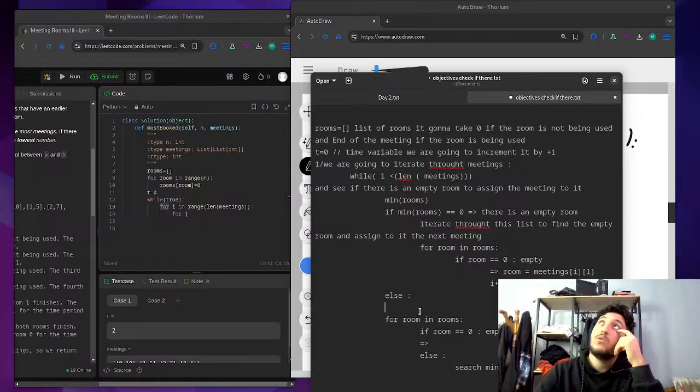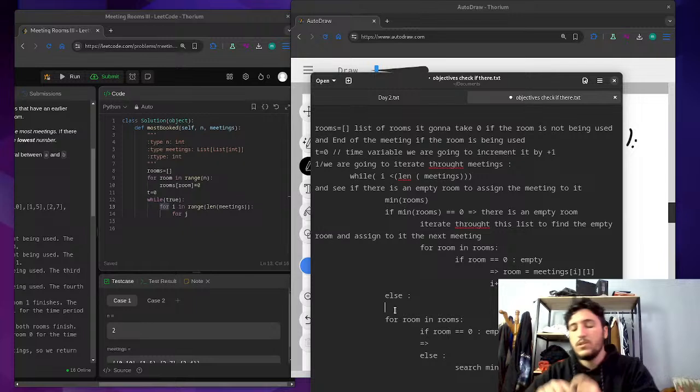And now we have to deal with the thing of from 9 to 10, the change of the hours of the meeting. For example, if a meeting starts at 5 and ends at 10, we're gonna make it 10, so it's from 10 to 15. We have to deal with this. So we're gonna iterate through meetings. Else, if it's not,